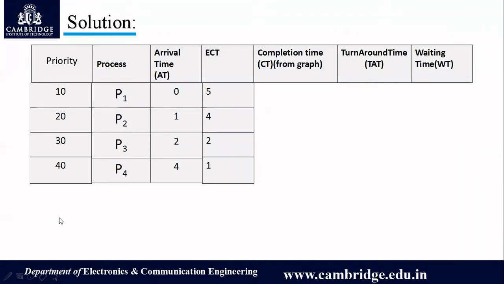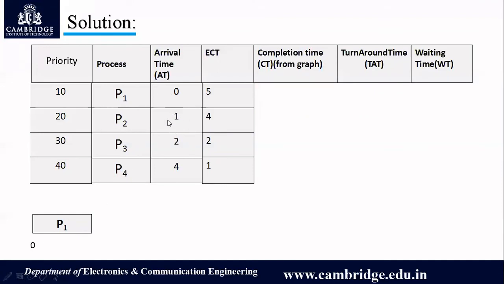Now we will be writing the Gantt chart, in which I will be deciding the flow in which the processes would be given to the CPU for execution. So I have to look into the arrival time, and then I have to look into the priority, and then decide the processes to be given for execution. First it is the P1 process which is entering into the ready queue. So P1 is chosen, and P1 would get executed from 0 to 1 milliseconds.